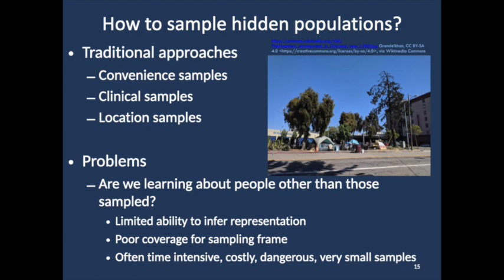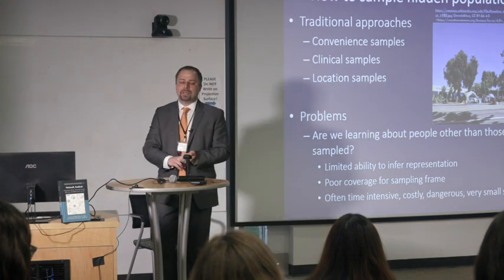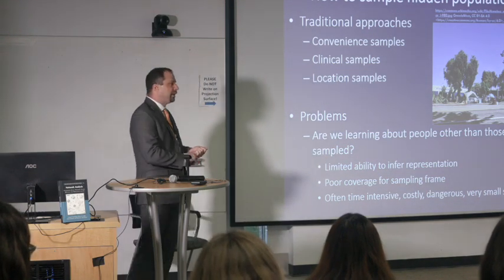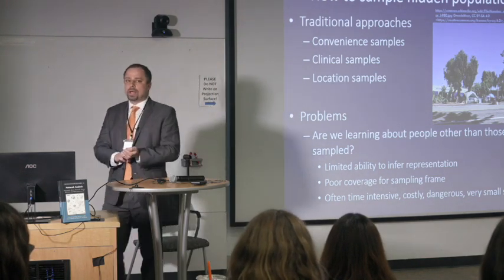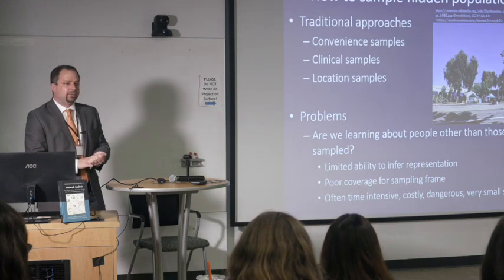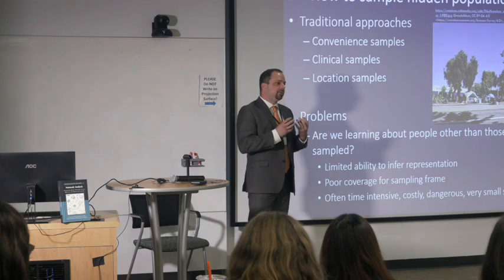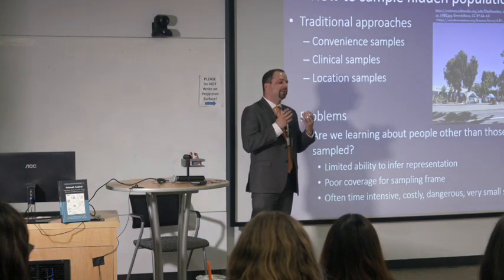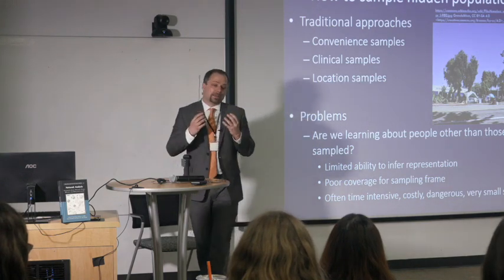So the traditional way this has been taken on in the social and medical sciences has been what I would just call a set of convenience samples. You collect the data that you can collect: who's in your clinic, the people that you can find on street corners if you're interested in surveying people who are unhoused, or other similar activities. The challenge with all of them is that it's very difficult to make a strong argument that you're learning about more than the individuals in your sample. And that's often what we want to do.